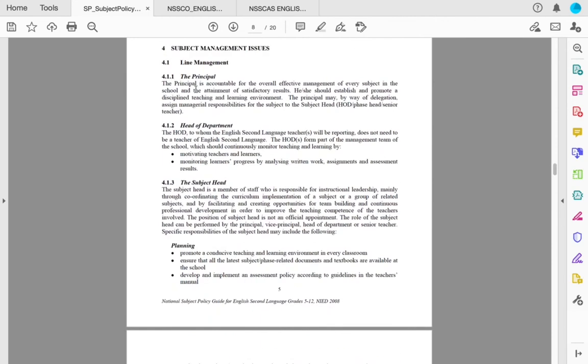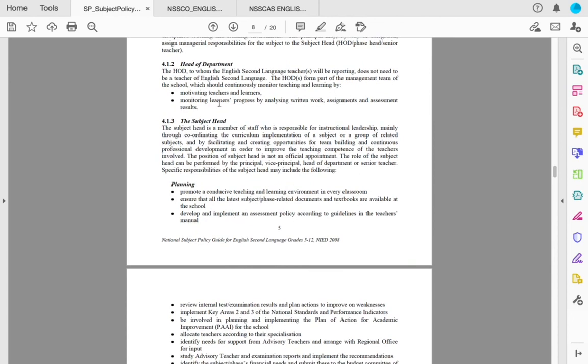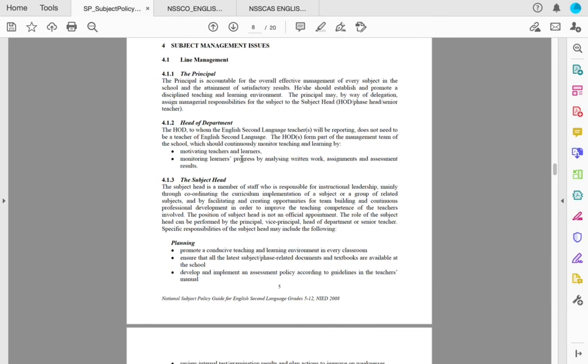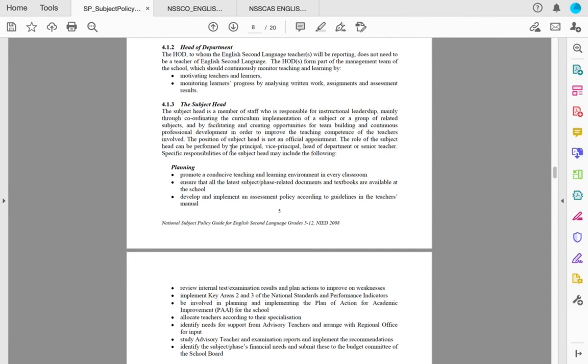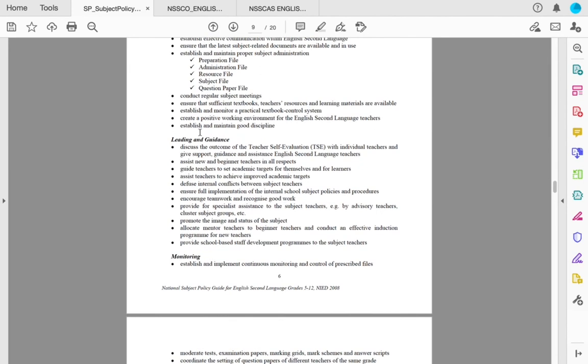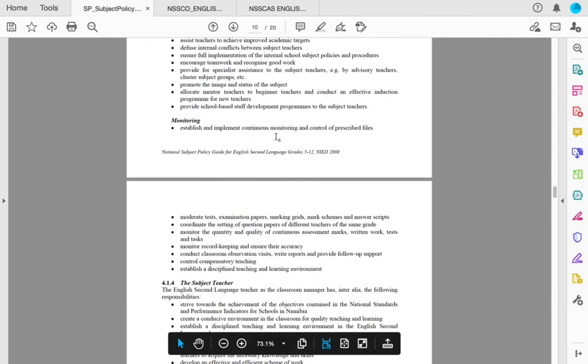And then here we have the description of the responsibility of the different people. So for example, the principal, what does he or she do? HOD, what are his or her responsibilities? Subject head responsibility. It's quite a lot, like planning, organizing, leading and guiding, monitoring, all right, of the activities for